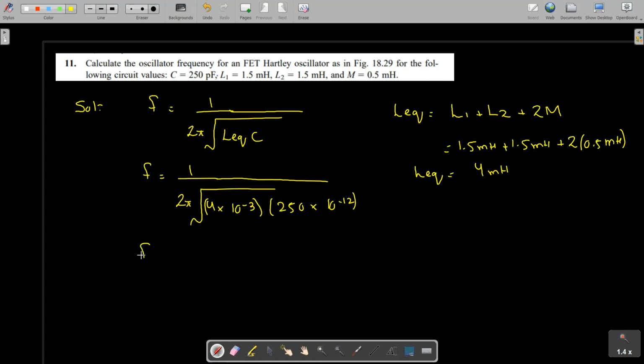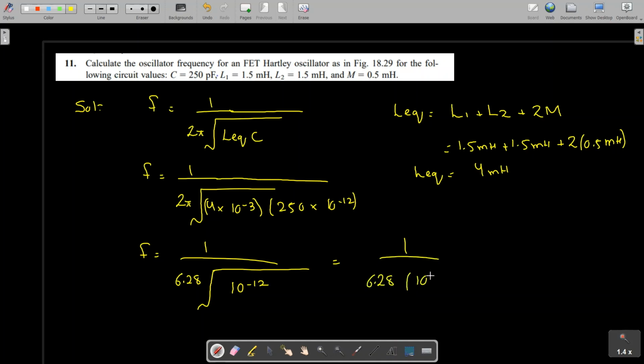So this is F is equal to 1 divided by 2 pi is 6.28. Okay. Now 4 multiplied by 250 is 1000, and 1000 multiplied by 10 raised to power minus 3 is 1, because 1000 is also 10 raised to power 3. So 10 raised to power minus 3 and 10 raised to power 3 will be cut out. So we are going to have under root 10 raised to power minus 12, which means that we are going to have